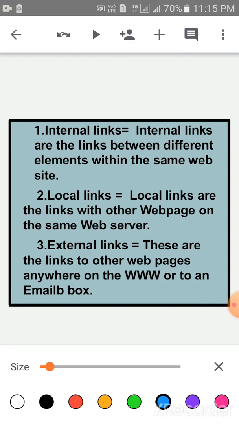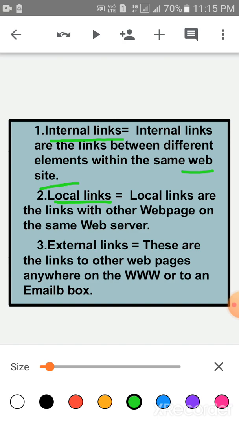Now children, there are three types of hyperlinks. Number one is the internal link. Internal links are the links between different elements within the same web page. Next is the local link.